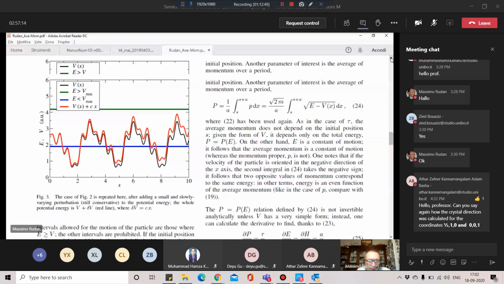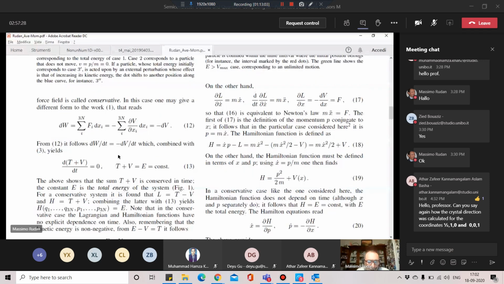Okay, if you have a conservative force, then you have the conservation of the total energy. This is elementary physics. You remember, you define the kinetic energy of the particles. Here it is called T, and it is 1/2 the mass times the square of the velocity. In a conservative case, when you add T and V,